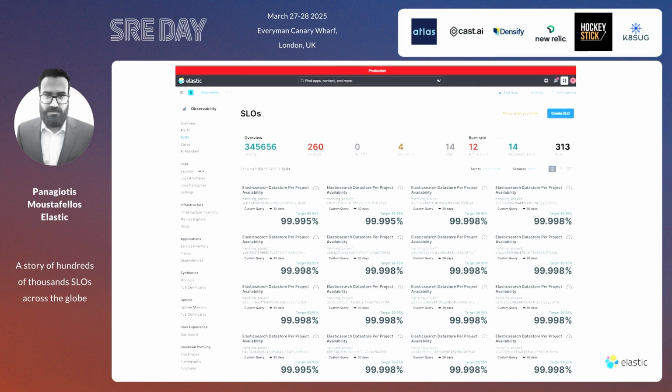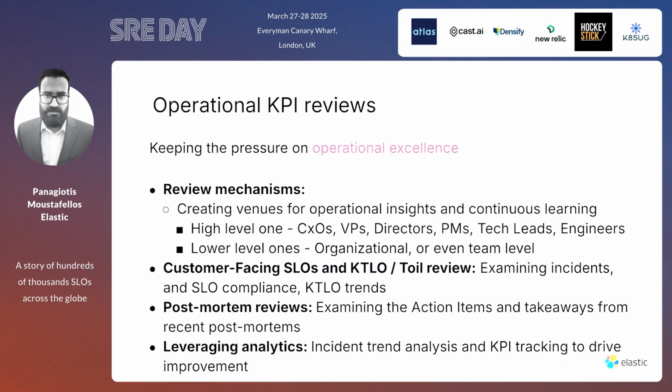That's the intro view when you open the SLO application in our overview cluster, illustrating how things are going. Obviously, not everything in reality is at that level of adherence, but today was a happy day, let's say. Okay, and that leads us to, how do we further improve the operational aspect of Elastic Cloud?